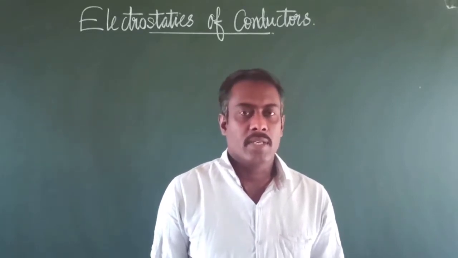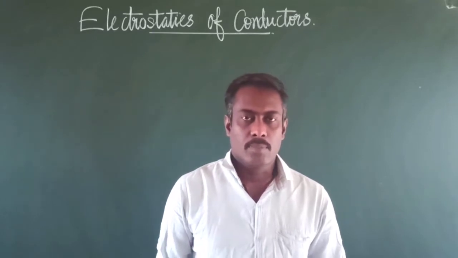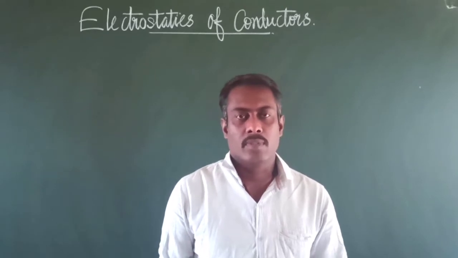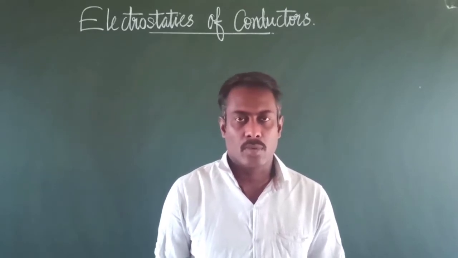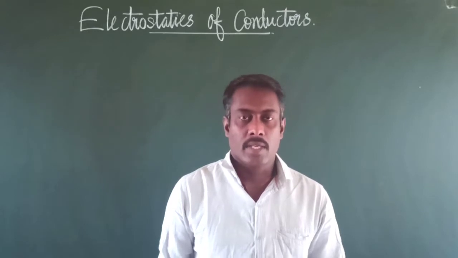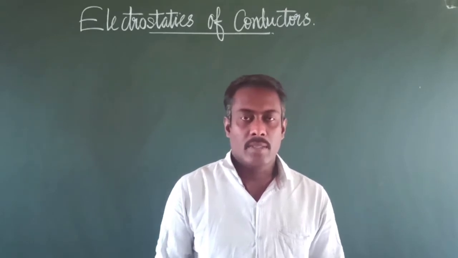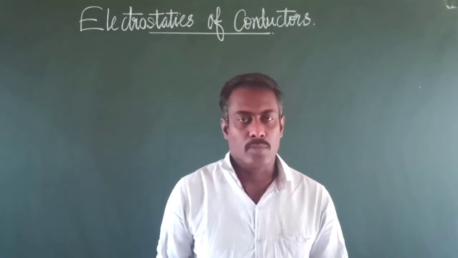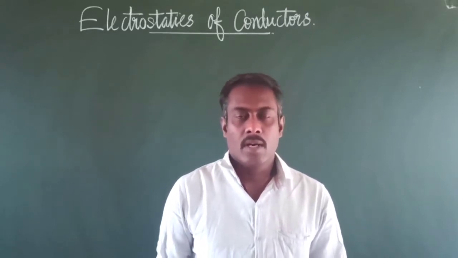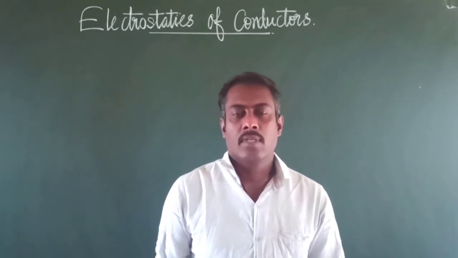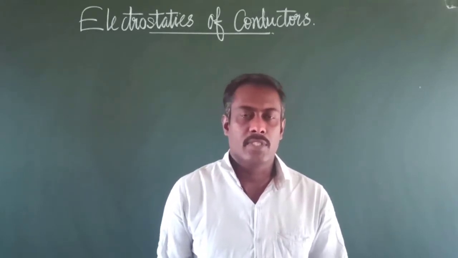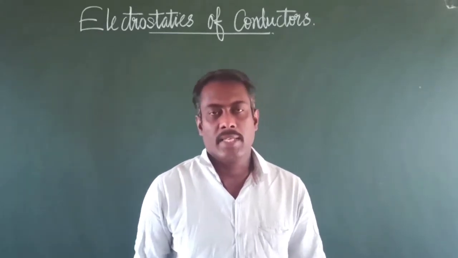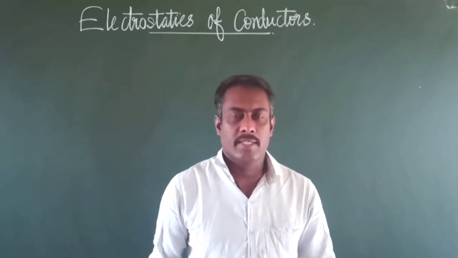There are positive and negative ions present, and free electrons responsible for the conduction of charge. They are free to move randomly inside the conductor, but they are not allowed to leave the surface of the metal. Here we are going to describe the salient features of the electrostatics of conductors.